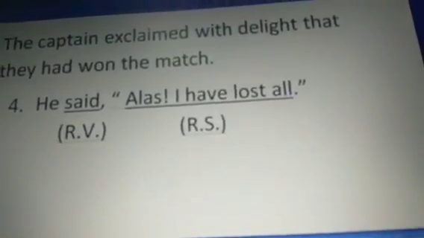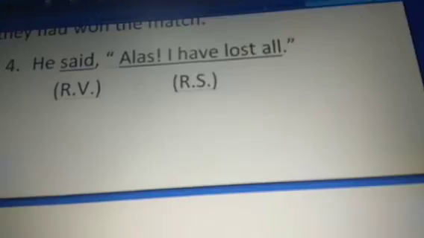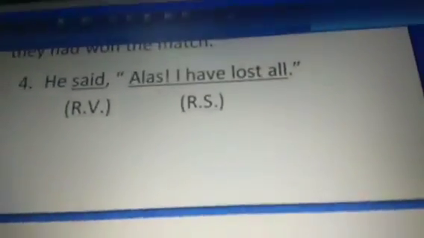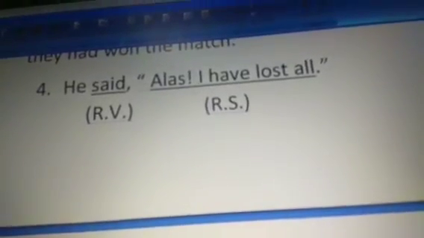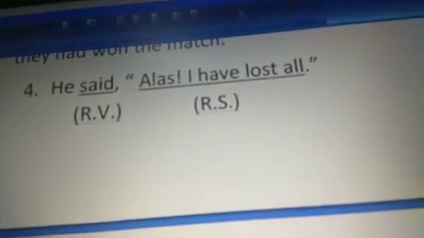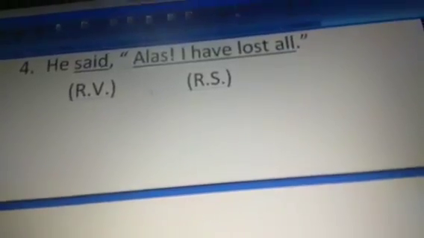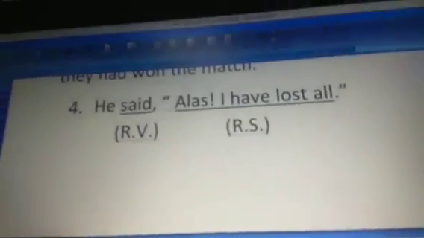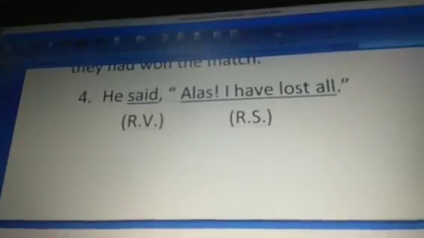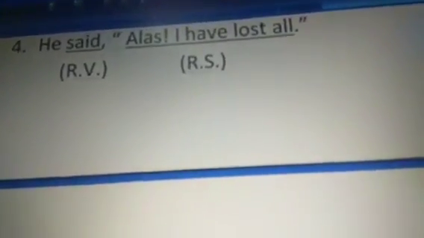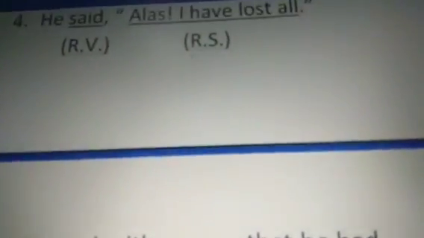And the fourth example is, he said, alas, I have lost all. Now said is the reporting verb, alas, I have lost all is the reported speech, and this particular word alas is expressing certain feelings pertaining to sadness. And yes, this reporting verb will be replaced by exclaimed with sorrow, and the tense of the reported speech will have to be changed as per rule. So when this direct speech is converted into an indirect one, it reads like he exclaimed with sorrow that he